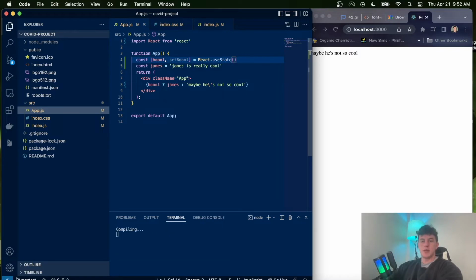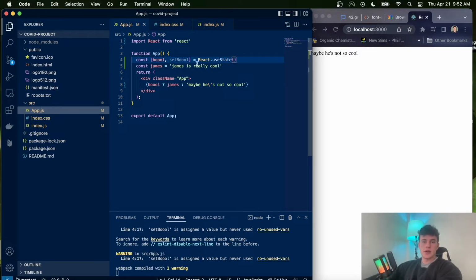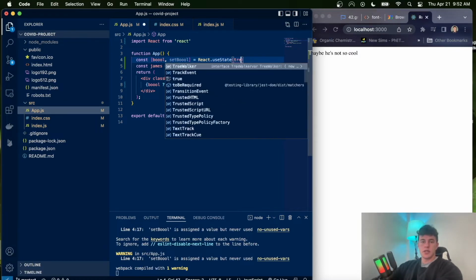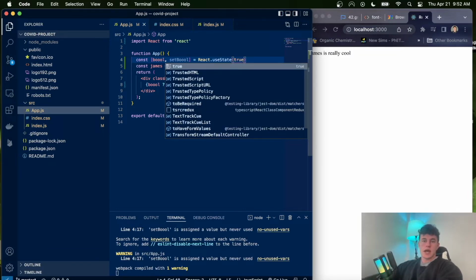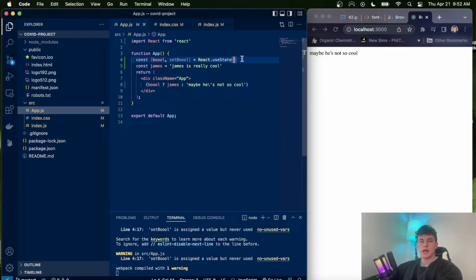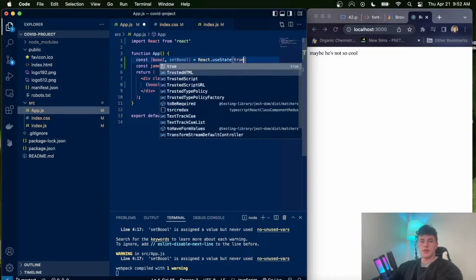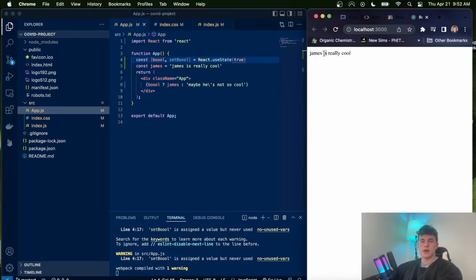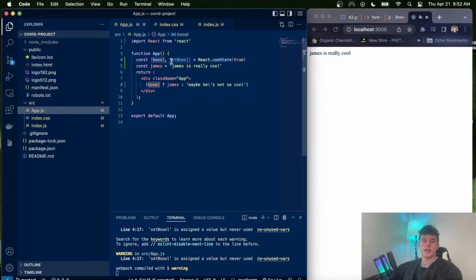You could leave this blank, just like this, or you could start it off as true. It's totally up to you. In this particular case, we can see that already that's working for us. Over here, it's reading in this undefined or null value, and it's saying, okay, this is essentially false. And so we're rendering out this content just here. I could update this so it has an initial value of true, and now it's going to render out the true value just as we had it set before. The benefit is, however,